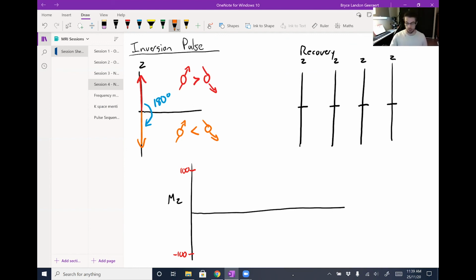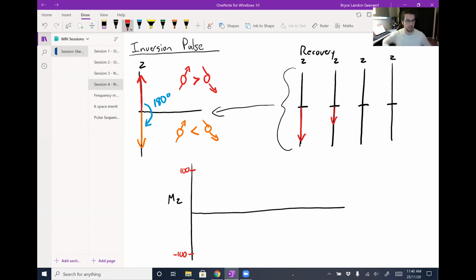Now this actually is very convenient for regrowth or recovery, which I've got drawn on the right here. This is the same graph as this one. I've just cut out the transverse arm of the axis because regrowth, instead of recovering like getting pulled diagonally back to the axis, just happens axially. So at time point 1, our NMV is oriented down, and then if we wait an amount of time, it'll be